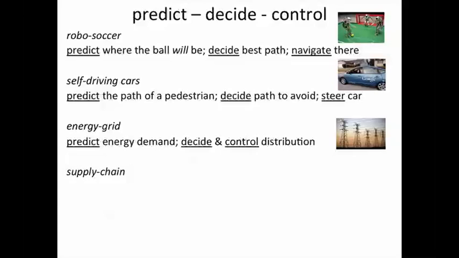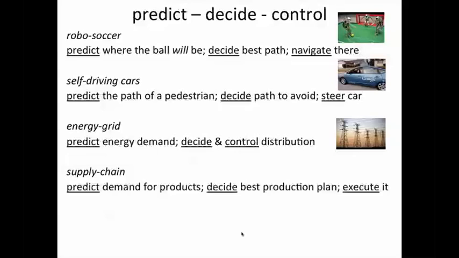Think about a business having to deal with a supply chain of products being produced based on raw materials which have to be sourced from a variety of different locations around the world. In order to decide which products to produce in what quantities, a supply chain needs to predict the demand for every product. Based on that, decide the best production plan based on the raw materials available and which products require which raw materials in which quantities, an optimization problem, and then execute it. A very complex control system indeed, which involves many moving parts and many pieces of a complex organization.